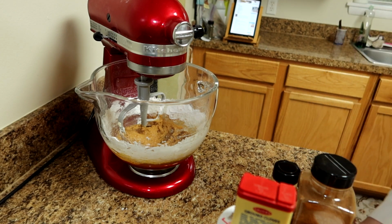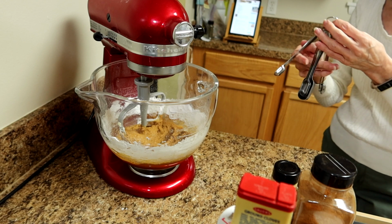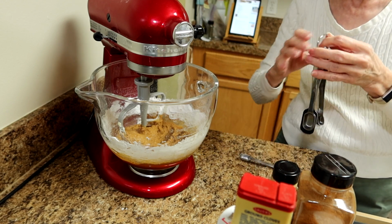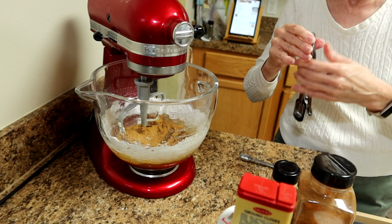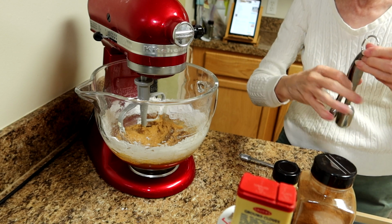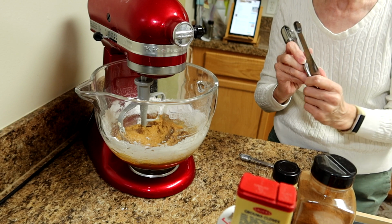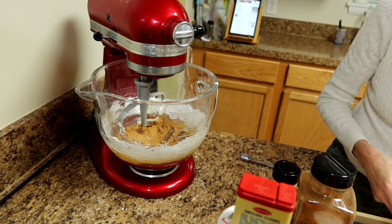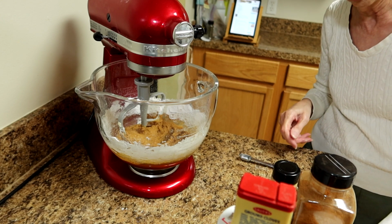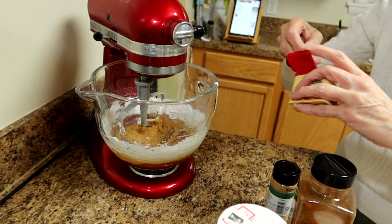So I need a ½ teaspoon of ground cloves. Now this is a set, which is kind of a pain to keep pulling apart, but that's easier than finding them one at a time if I leave them loose. One thing I really like about this set is that it has the 1/8 teaspoon, and a lot of the sets I've seen don't. They start at a quarter. A ½ teaspoon of ground cloves,